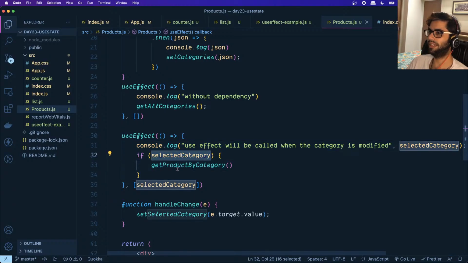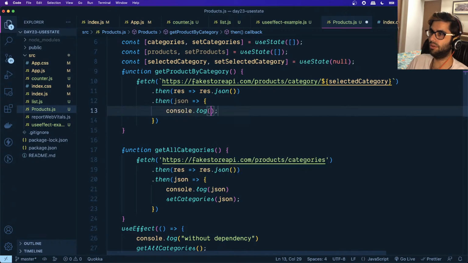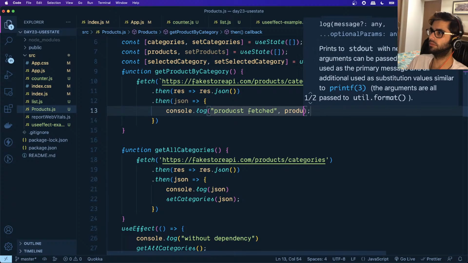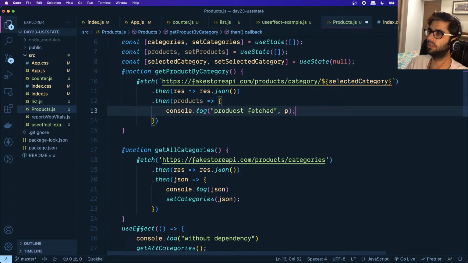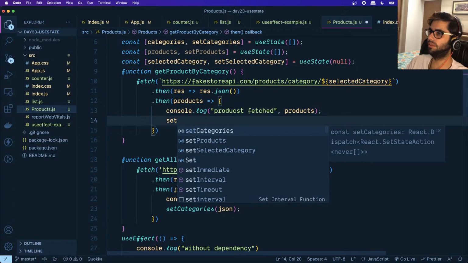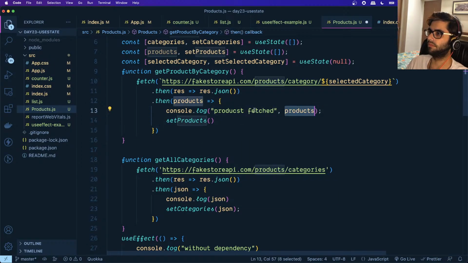Now selected category was there, get product by category, and here what we will do is log this to the console, products fetched products, or rather, let's rename this to products and over here we will say set products. Let's pass this variable products. Okay,